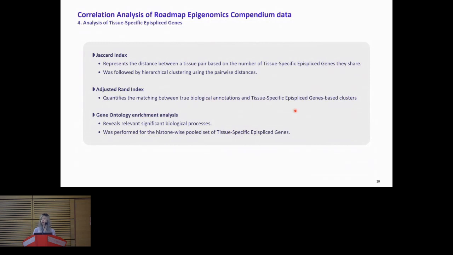They would have true biological annotations, like where they come from, the potency, and so on. We wanted to know whether those true biological annotations would match the clusters that we have based on the similarity of the episplicings between tissues. And so we computed the adjusted Rand index to measure this matching degree. At the end of the line, we also look at the biological context where episplicing would potentially be enriched in. And